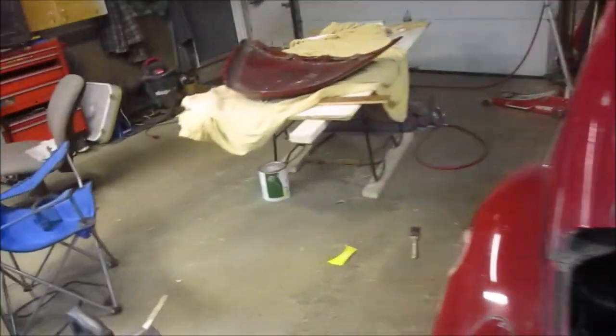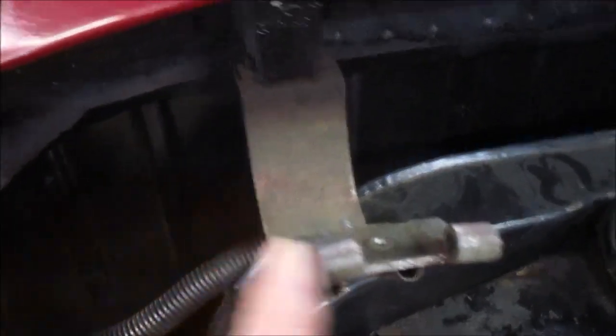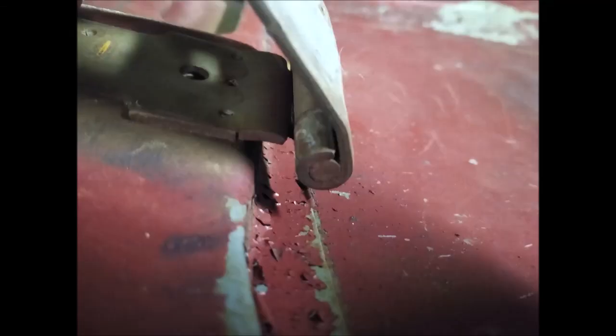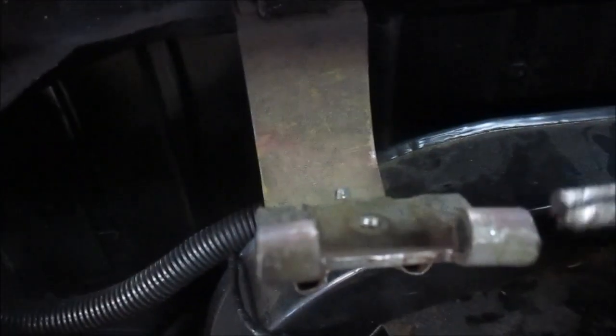deck lid. Let me show you how I got the hinge pins out. We can show you right here on this one. We'll take this out. I did have to put a little bit of grease on them to get them out, but to get the original pins out, they're just peened over on the side. So I ground a little bit right here, and I ground a little bit right there, and then I drove the pin out, and then we replaced the pin